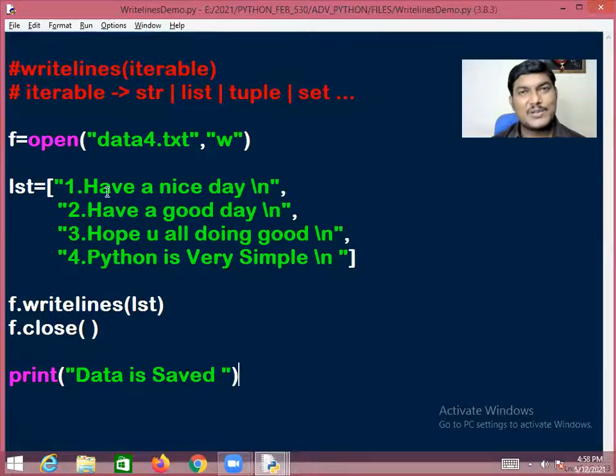I hope you have got a very clear idea about how to work with files and how to write the data into the file. In the same manner, we will discuss how to write the program to read the data from the file in the next series. I hope you got the point very clearly. So that's all for now.